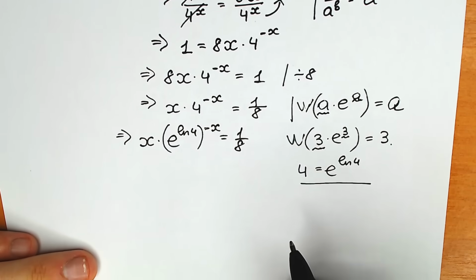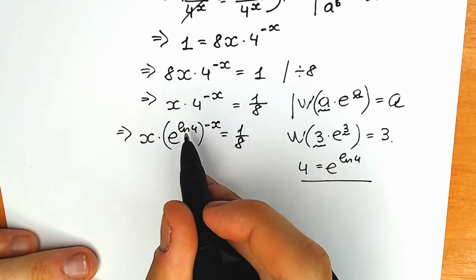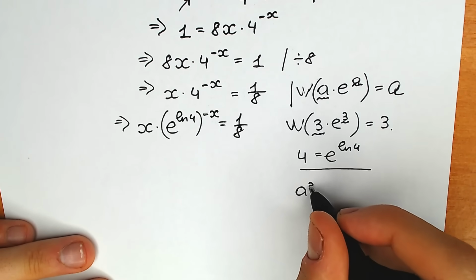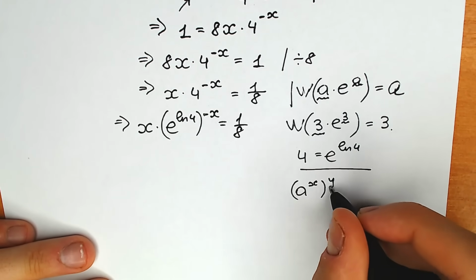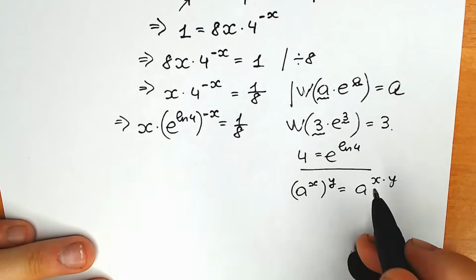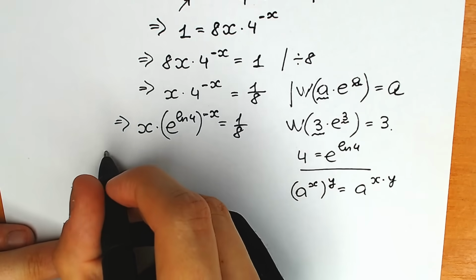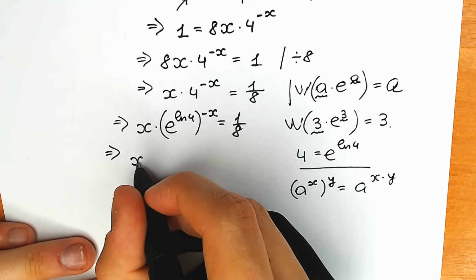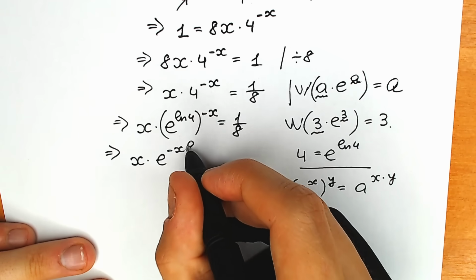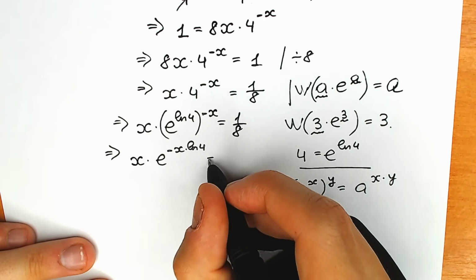Okay, what we're going to do next? Right now, we need to multiply our powers, because I really hope you understand this property. When we have a to the power x raised to the power y, we can write it as a to the power x times y. So let's multiply minus x and natural log 4. As a result, we have x times e to the power minus x natural log 4 equal to 1